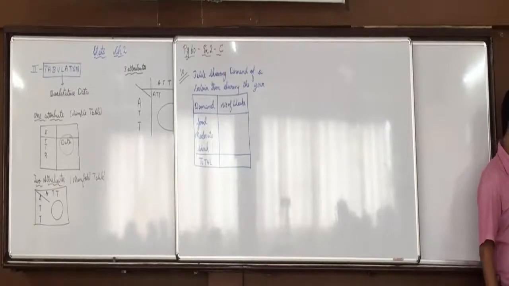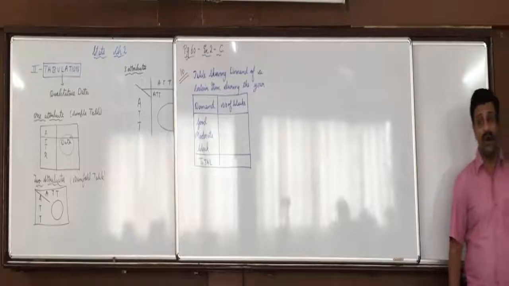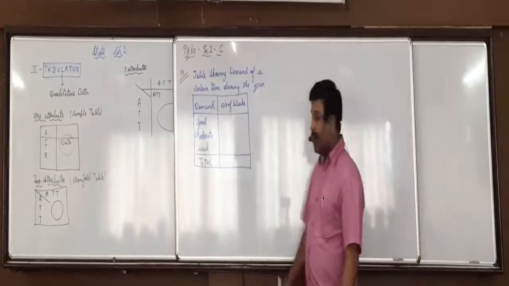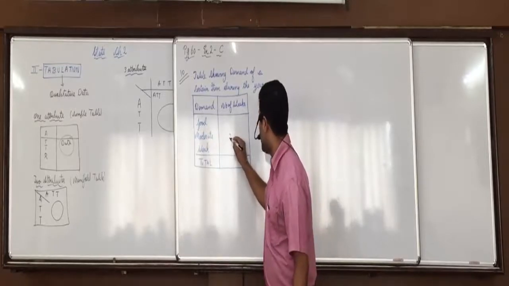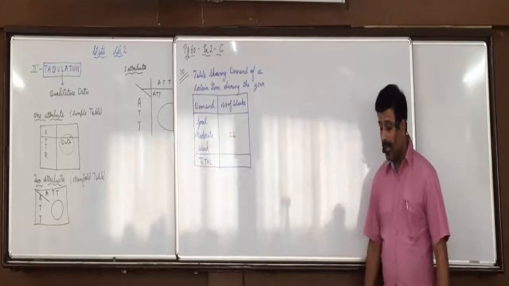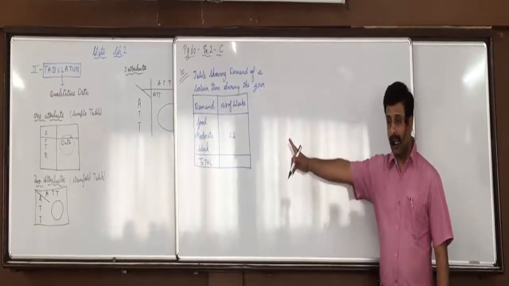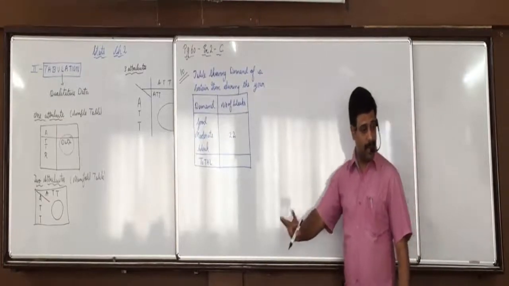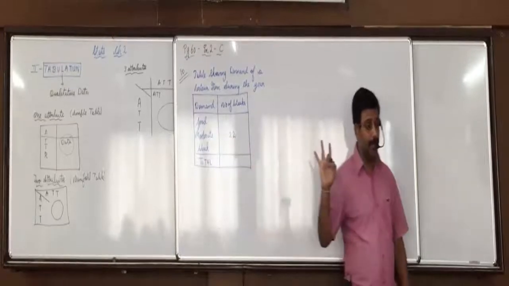It is given that demand of a certain item is classified as good, moderate and weak. On the basis of a study for the entire year, it is known that demand was moderate during 22 weeks. See here? Moderate during 22. So against moderate write 22. We have written the number of weeks. Raise your hand who did not understand. All are clear with this? Demand was moderate during 22 weeks, so against moderate we mentioned that the number of weeks is 22.